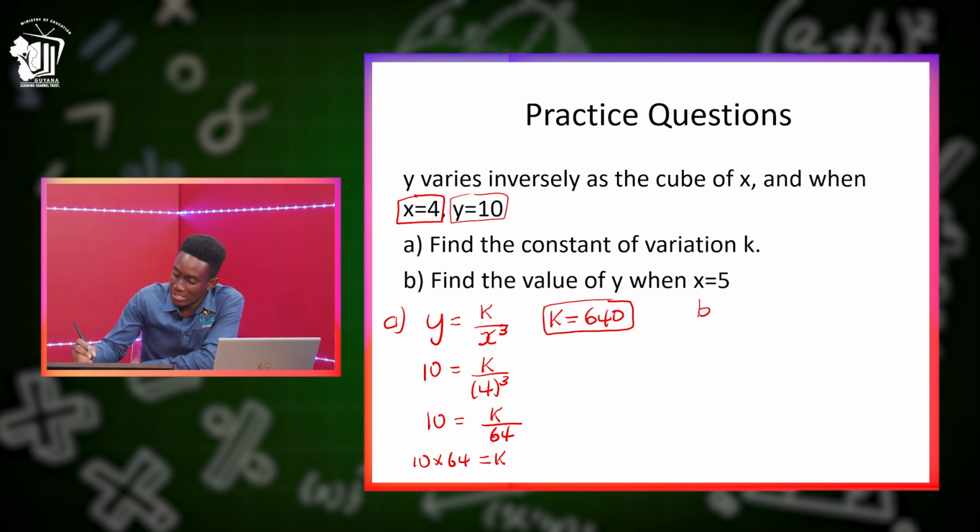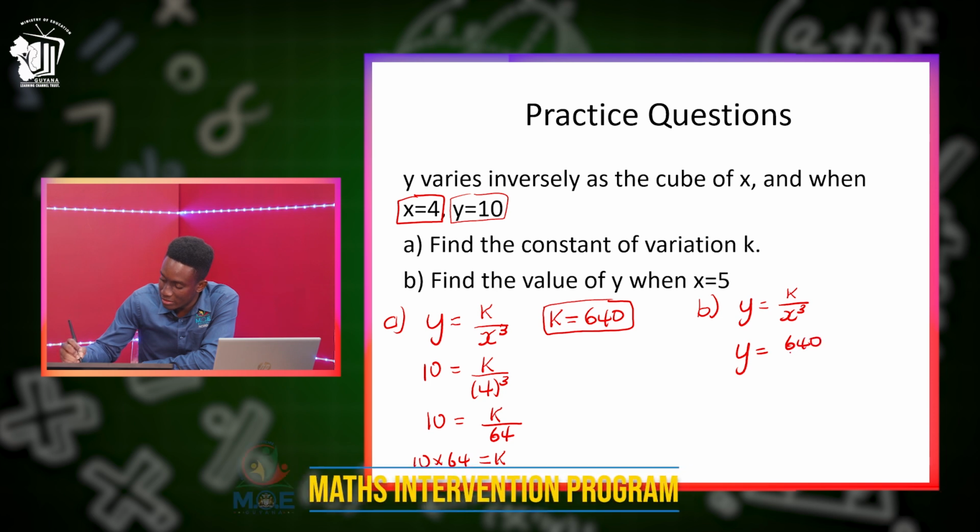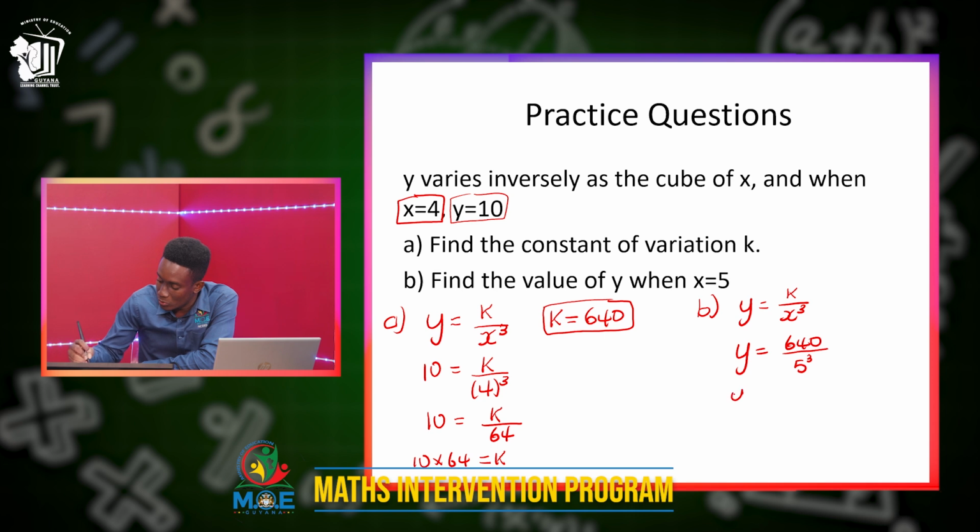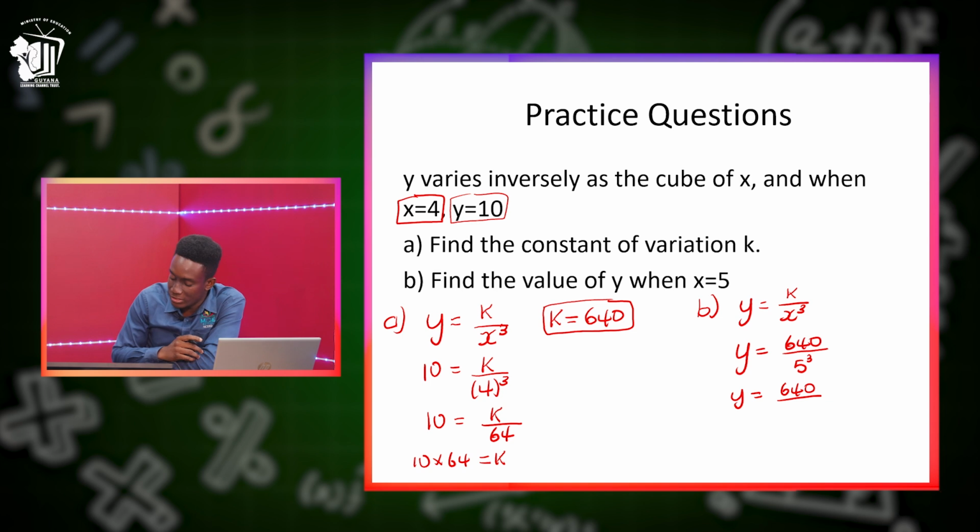For part B, they ask you now to find the value of y when x is equal to 5. So we already know k is equal to 640. Now let's use that value for k and solve for y. So we put back the equation. y will be equal to k over x to the third power. So y will be equal to k, which is 640, divided by 5 raised to the third power. So y is equal to 640, all divided by 5 raised to the third power, which is